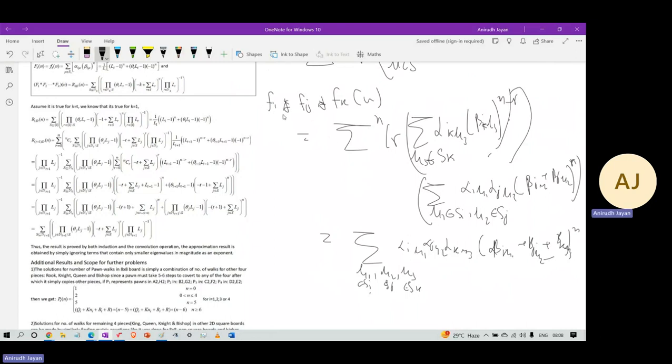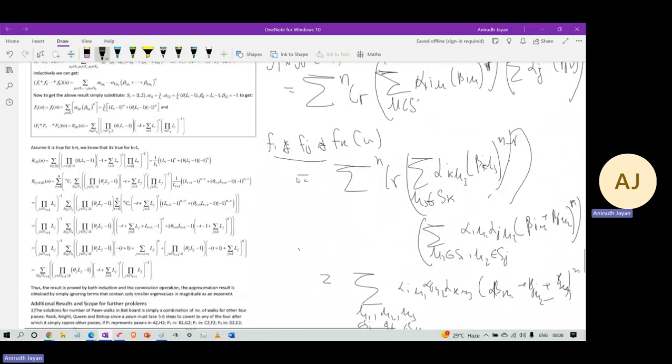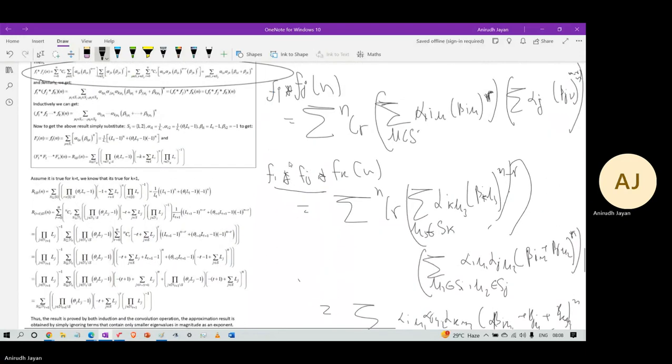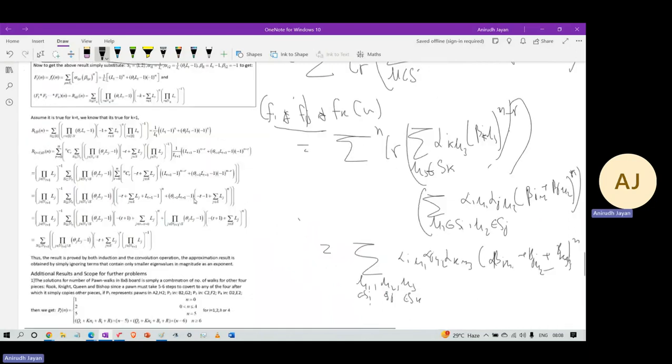Because of interchangeability and commutativity, one can also say this is associative. One can also get the associative property as well. So iteratively, you get the following: